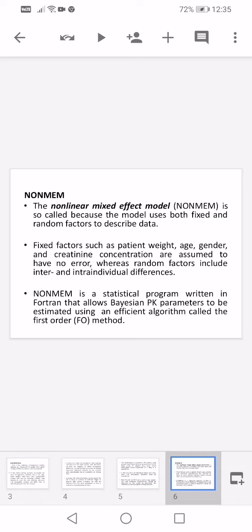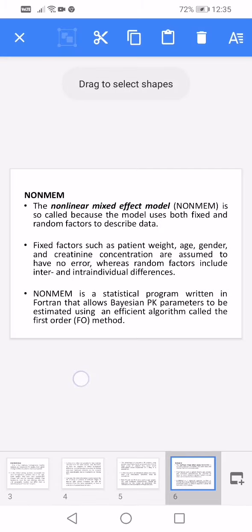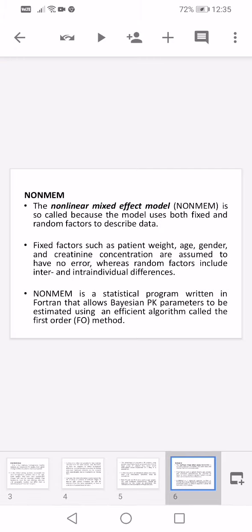That means, if you are selecting a group of population, we are going to find out the inter- as well as the intra-individual differences. That means we are going to take samples from the single individual and also from the group of population. Along with that, we are going to take into consideration the fixed factors also. What are the fixed factors? The patient's weight, age, gender and creatinine concentration. So these are all the fixed factors. NONMEM combines both the fixed factors